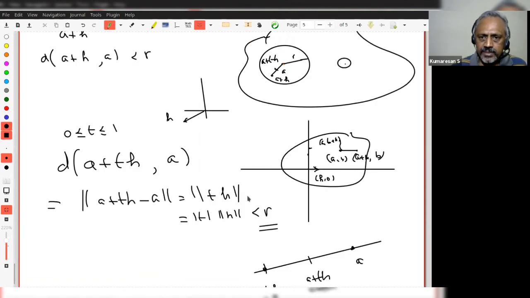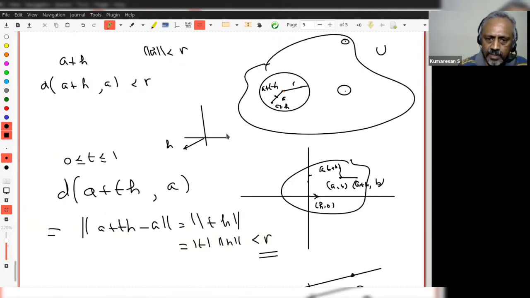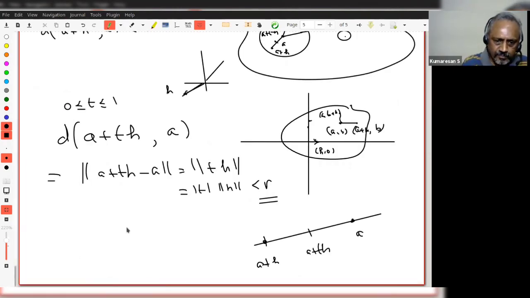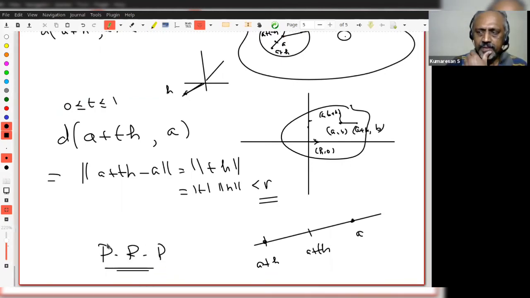So what I claim is, for any vector here, I can go through A. Suppose you give me a vector like this, I can go through A along this vector. Up to a certain length, the vector will be completely contained in this U. Therefore, F at any of these points is defined. So I give you 15 seconds. Please go through it. Whenever you are in doubt, stick to R2 and the picture.